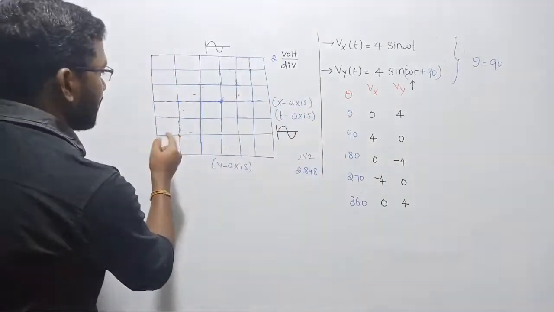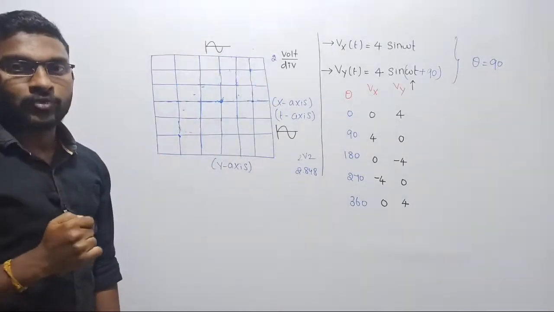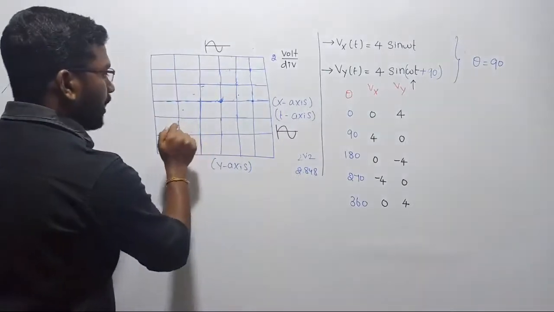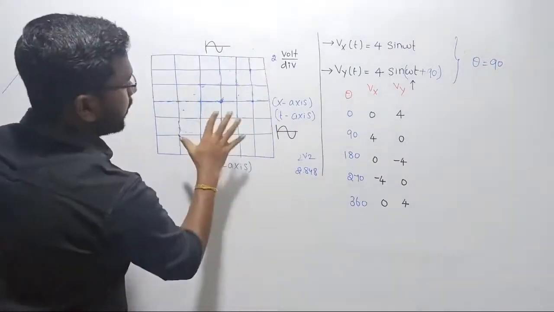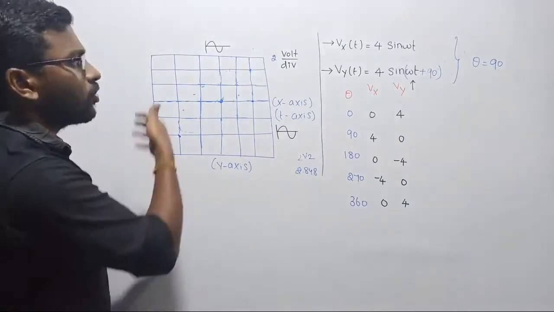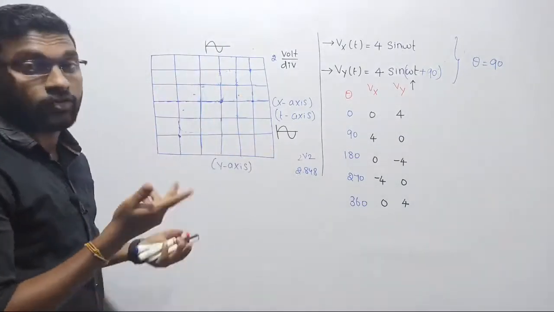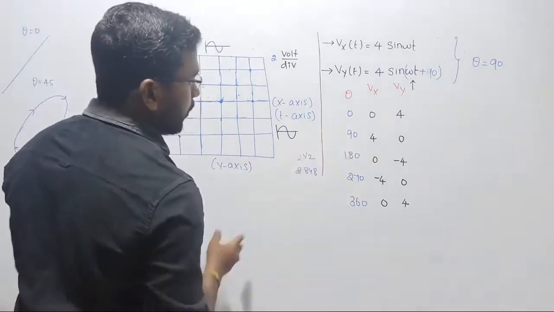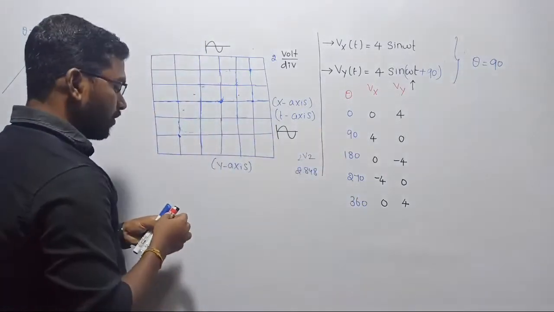Like in the last case, for the ellipse I took only 4 points. But if you consider all points, then automatically the complete ellipse will appear on the display screen. But for our understanding, we are unable to collect all those points, right? That is a waste of time. So for that I took very few points here, right? Fine. So let us take all these points and mark them on the screen of the CRO.